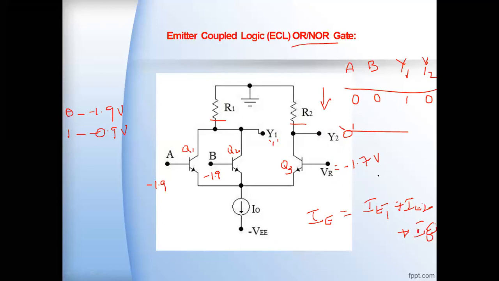So now can you describe what function it is here? We are saying that it is an OR and NOR gate. So whether it is implementing that OR function and NOR function or not, now we have to check here. So this is for the first combination. So now you go for the second combination here.